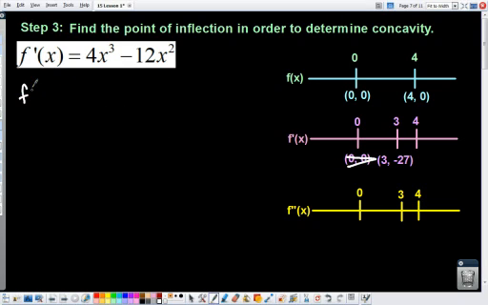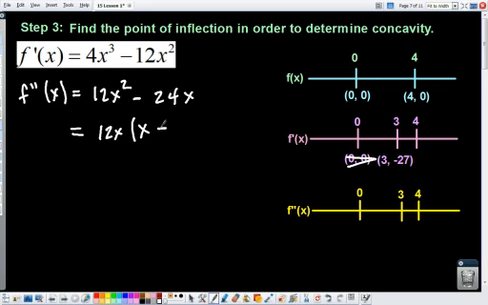So let's go ahead and find the second derivative here. So we have 12x squared minus 24x. So let's factor this out because we need to set it equal to 0 and solve for x. So it's going to be helpful if we factor it. So 12x, we have x left, minus 2. Alright, so we end up with 0 equals 12x, and also 0 equals